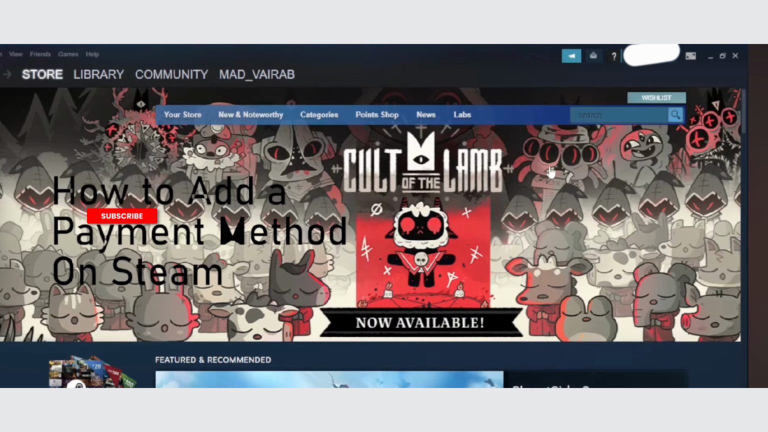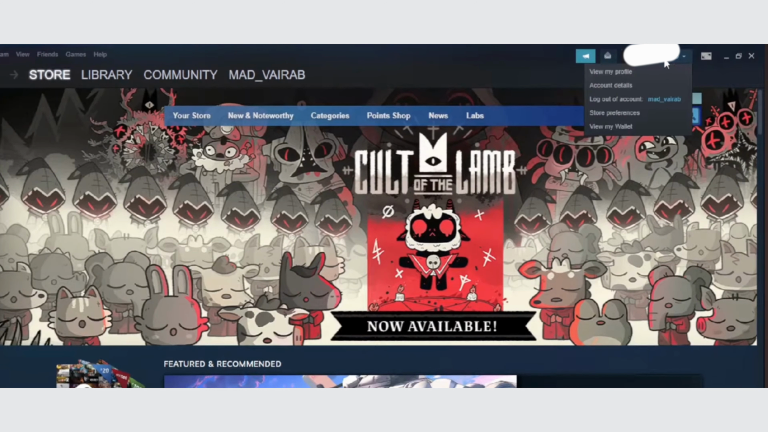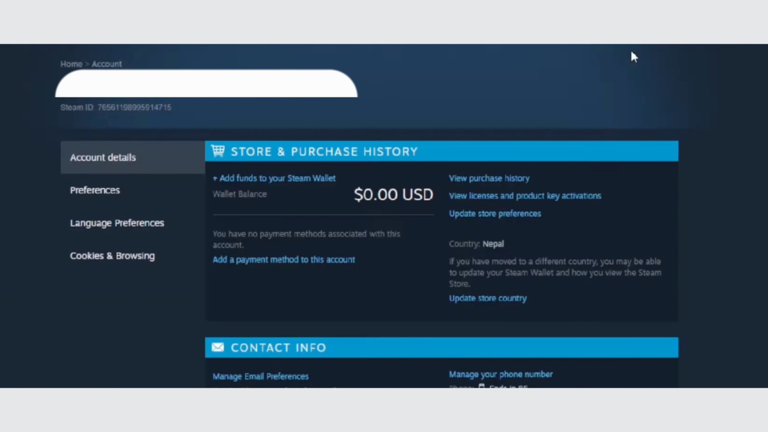Head over to any of your web browsers, search for Steam account. Make sure that you are logged into your Steam account, then click onto your profile. As you do so, you will see account details on the second option. Click open that. And once you're under account details, on your right hand side, you will see add a payment